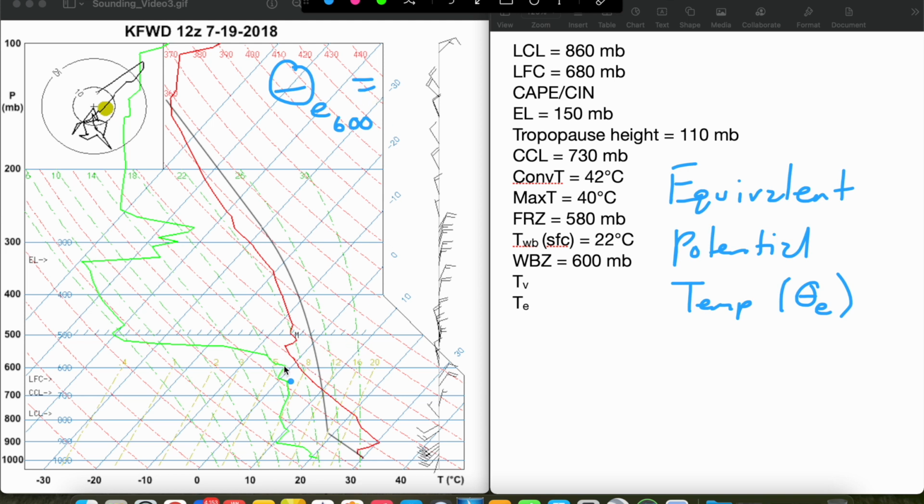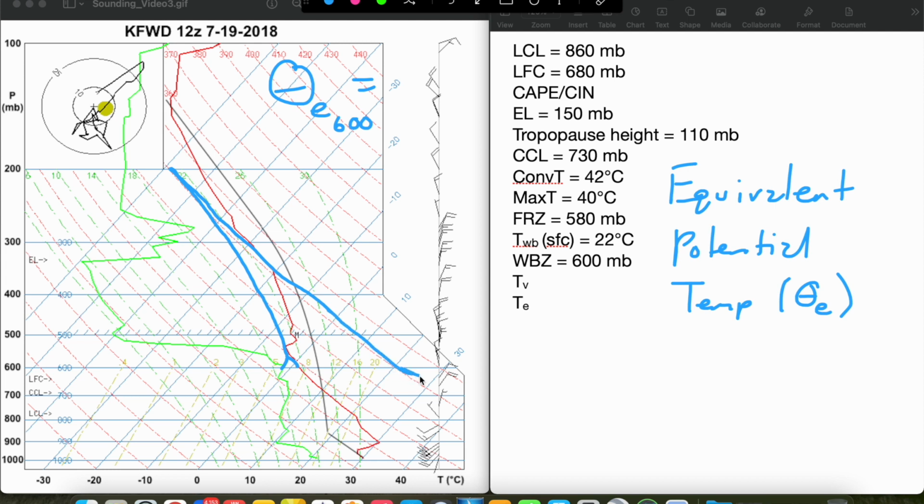So once again, we'll find the LCL at 600 millibars. We will follow the moist adiabat up all the way to a level where the dry adiabats parallel the moist adiabats, which is about right there. And then, instead of bringing it back down just to 600 millibars, we're going to bring it all the way back down to 1,000 millibars, which is the potential part of this. So we'll follow the dry adiabat back down,